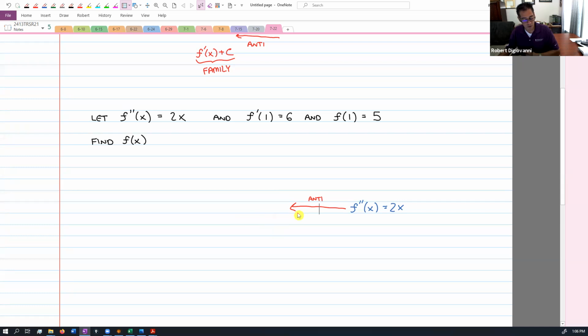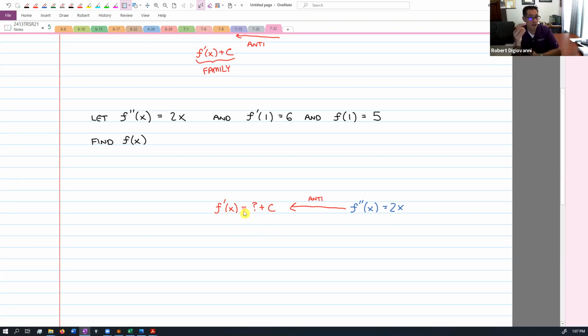So when we go backwards, we're going to get this new function, which will be something plus c. In order for us to figure out exactly which member of the family we're talking about, because there's an infinite number of functions in that family,